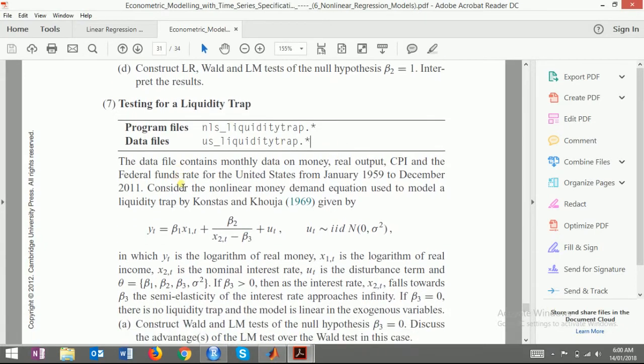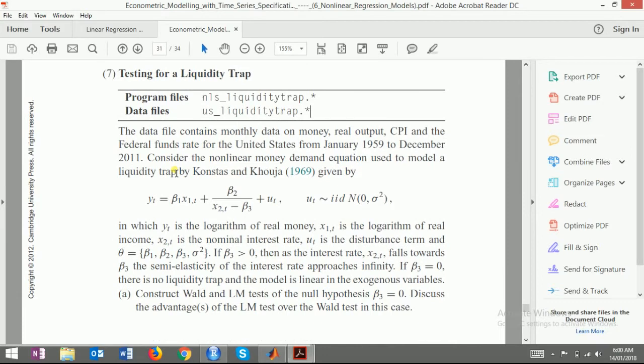The problem suggests the data file contains monthly data on money, real output, consumer price index, and federal funds rate for United States from January 1959 to December 2011, about 50 years of data. Consider the nonlinear money demand equation used to model a liquidity trap by Constance and Khuja,